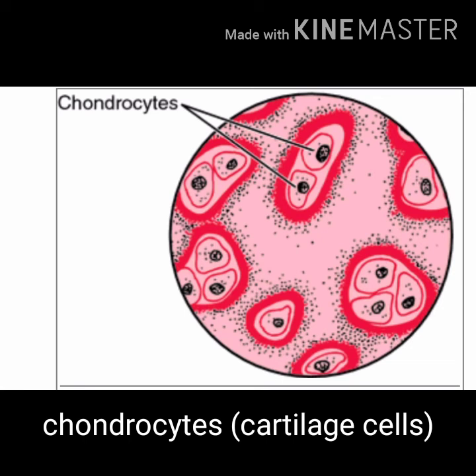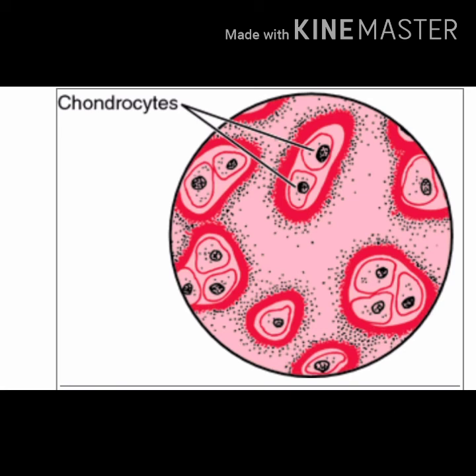This limited flexibility is because of less accumulation of calcium and phosphorus. The amount of calcium and phosphorus is comparatively less in cartilage. That is why it is not so hard. It is flexible but not highly flexible. Here, what type of matrix is there? The matrix is semi-solid, and it does not contain much calcium.